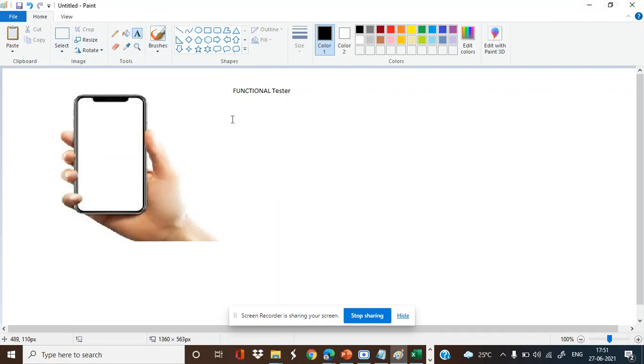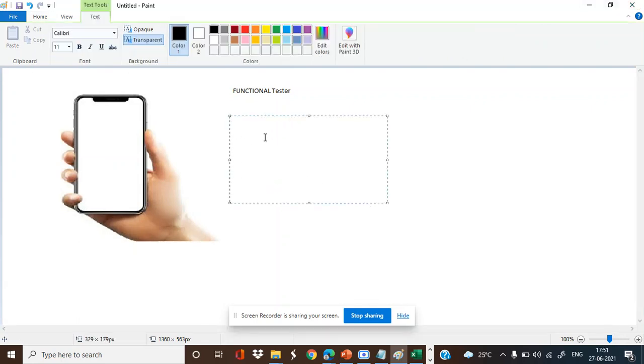So I'll just try to do it here. They'll try to see the application: switch off, like the user is able to switch off the phone. This is the functionality. Or the user is able to switch on the phone, or the user camera